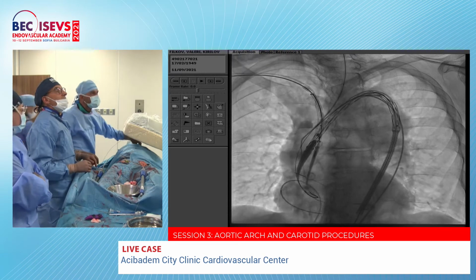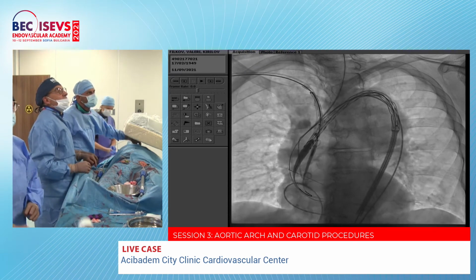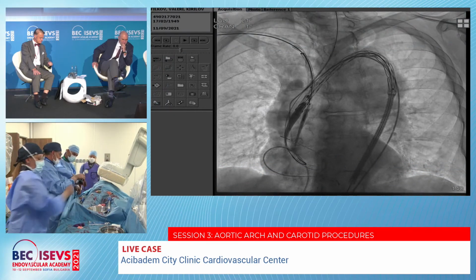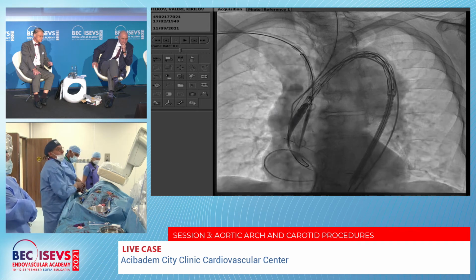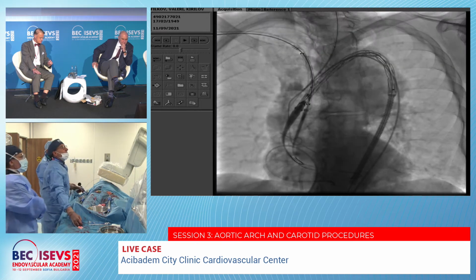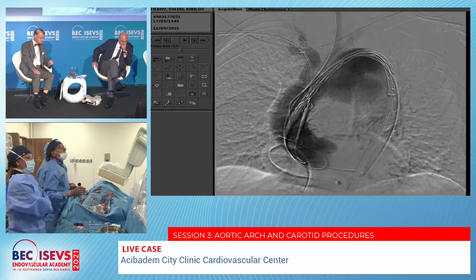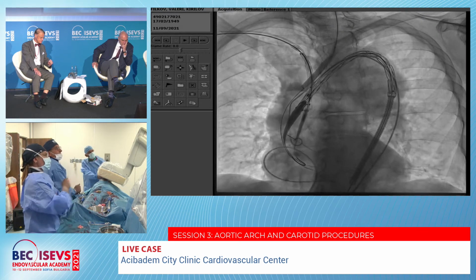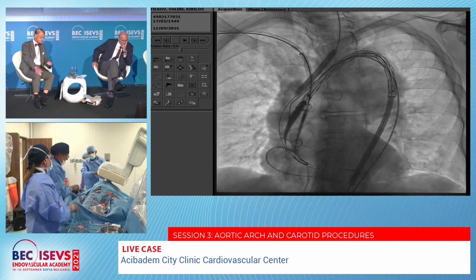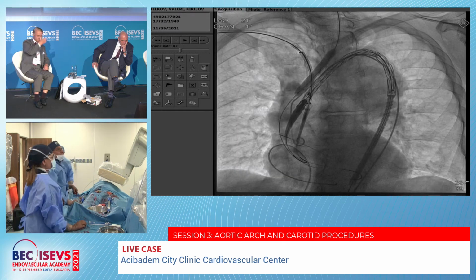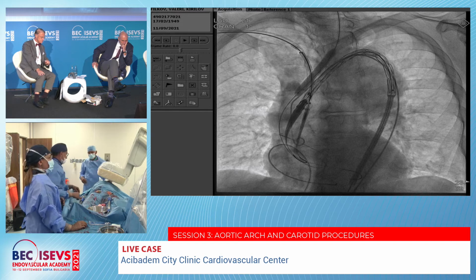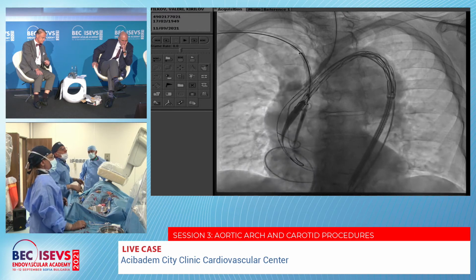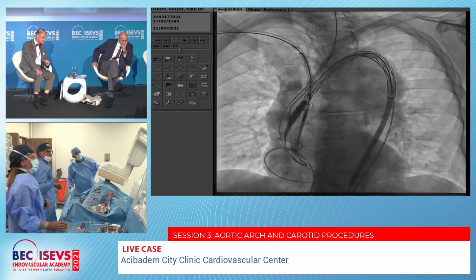Okay, not bad. Okay, we are going to open the left carotid chimney now. It's quite deep into the carotid, so yeah, it will be quite stable. Okay, the left carotid chimney is open. So we can put now the next stent for the carotid. I would like to try once again the position of the endurance